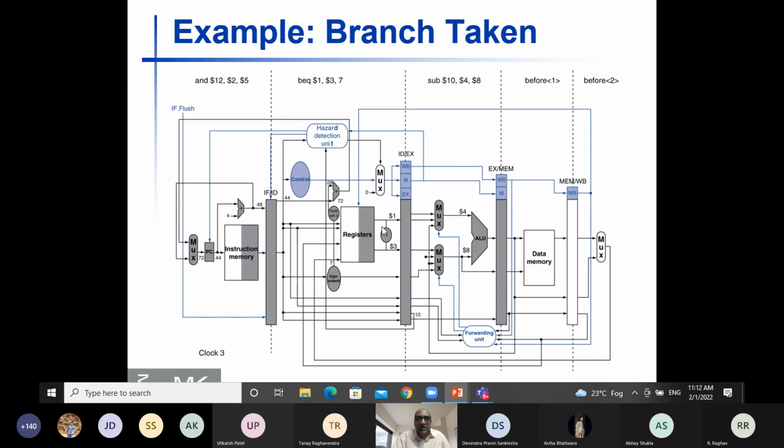But here, depending upon the comparator output, whether the PC has to be loaded with the 72 or with the previous one, that has to be dictated by this comparator, right? And therefore this multiplexer will be there, and assuming the 72 will also be ready here, we have to select whether 72 is to be taken, or the next 44, PC plus 4, has to be entered into this one. So you can see this is the additional circuitry here, the comparator, equality sign, and